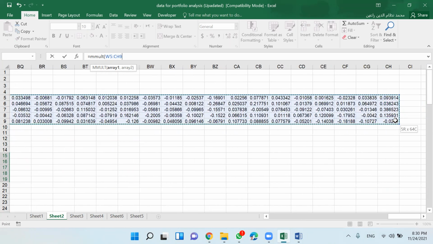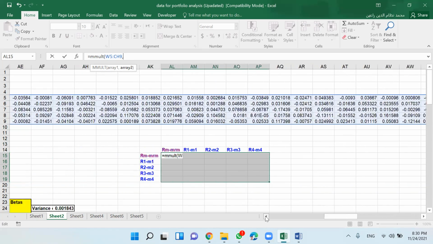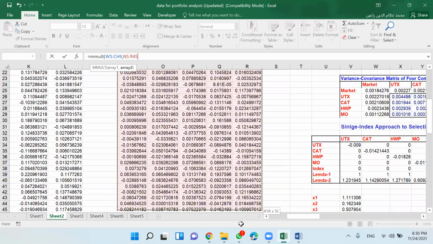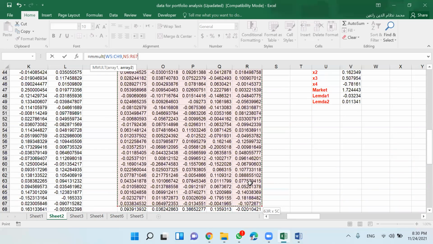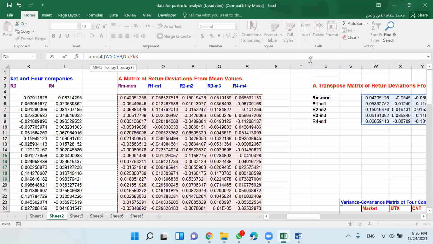Then put a comma and choose this matrix of returns. I have included that. Now close the parenthesis and divide by 64.